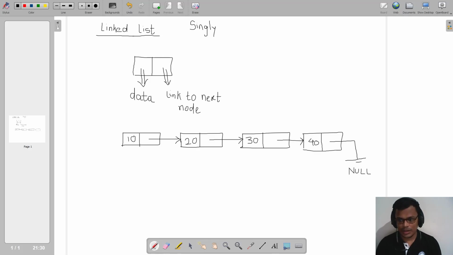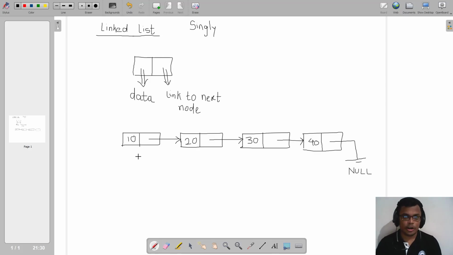In our example here, we can see that the node containing data 40 can be defined as the last node of our linked list, because the next of this particular node is pointing to null. This is the property by which we define that particular node as the last node.